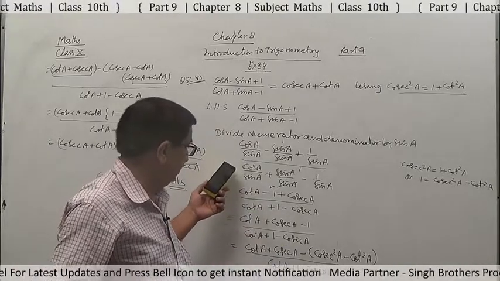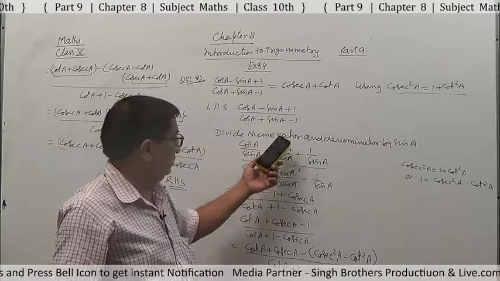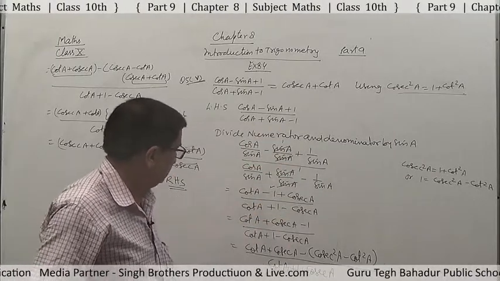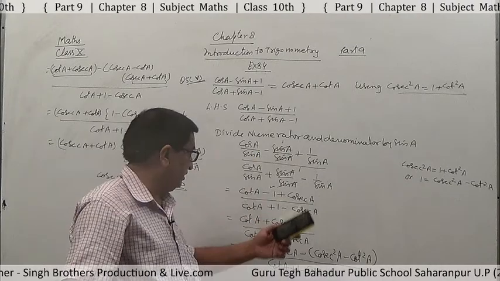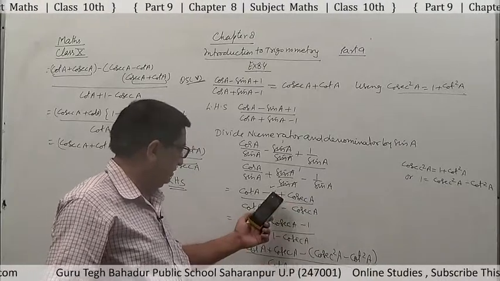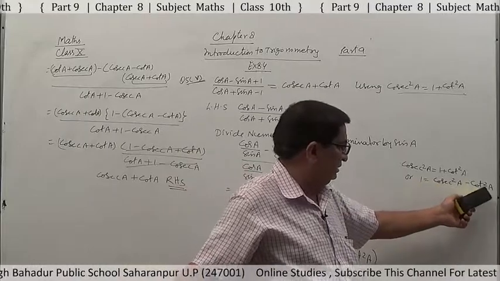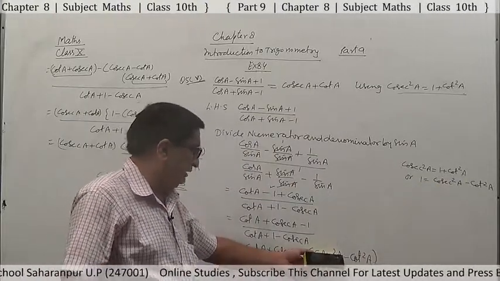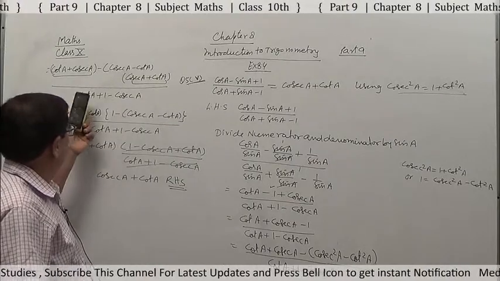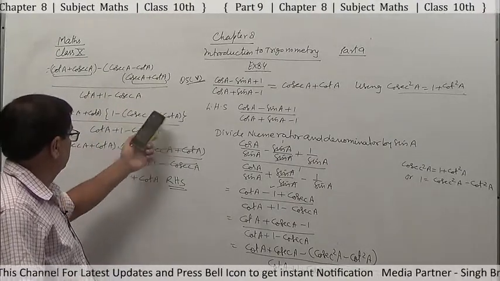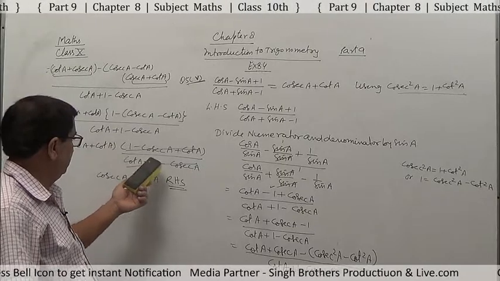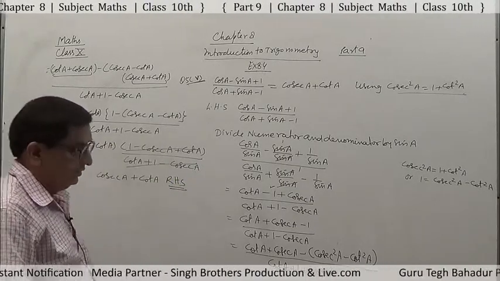So it is cos A upon sin A minus sin A upon sin A plus 1 upon sin A. Same way, cos A upon sin A plus sin A upon sin A minus 1 upon sin A. It is cot A, it is 1, it is cosec A. It is cot A plus 1 minus cosec A. 1 take on this side, so it is minus 1 and that 1 is cosec square A minus cot square A. Now apply A square minus B square, so A minus B, A plus B. Take cosec A plus cot A common. 1 minus cosec A minus cot A, open this bracket, it becomes 1 minus cosec A plus cot A. And denominator is also 1 plus cot A minus cosec A, which is cancelled. So this is your answer.